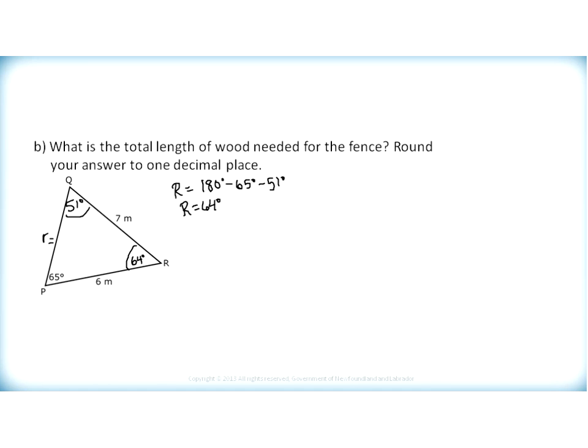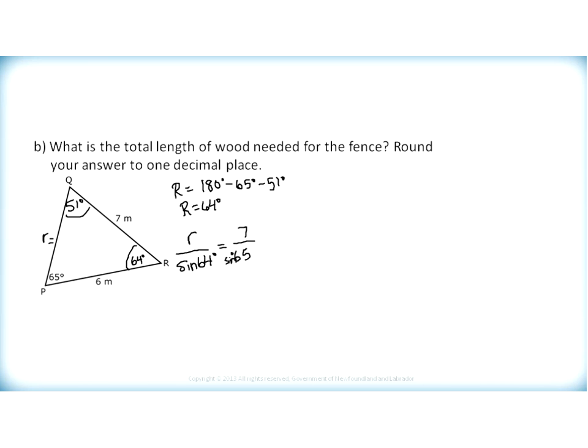Okay, so now knowing angle r, I have 5 parts of my triangle. The only thing I'm missing is side r. So it doesn't matter if I want to use sine law or cosine law. I'm going to show you using both that it doesn't matter. We can find the length of little r. So I'm going to start with doing sine law. So r over sine of the opposite angle, 64 degrees, is equal to 7 over sine of 65,